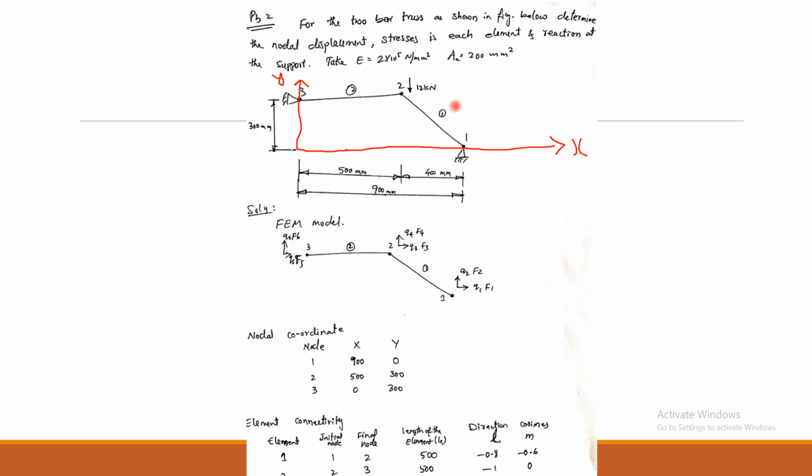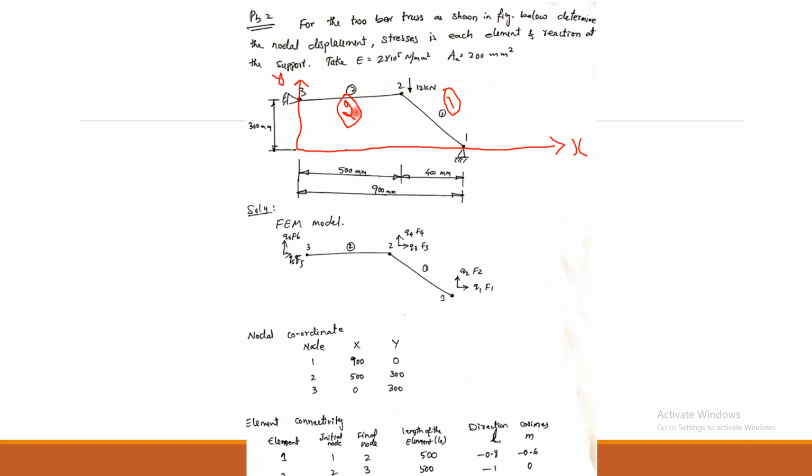the element numbers. As we see, the element numbers are already predefined in the problem itself, so there is no issue. If it is not defined, you can take this one as element number 1 and this one as element number 2. This is user flexible. You can do it in the reverse manner, this has 1, this has 2. In any manner you can take, but it changes the results also. You should always be aware of that.